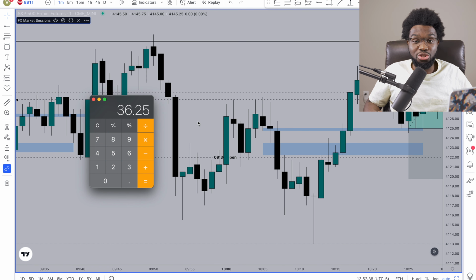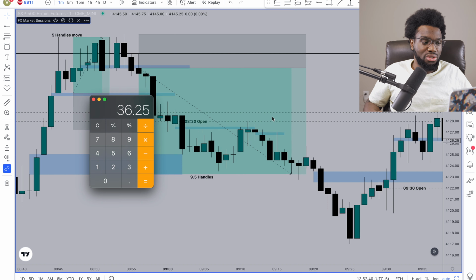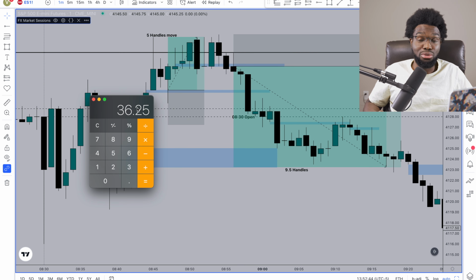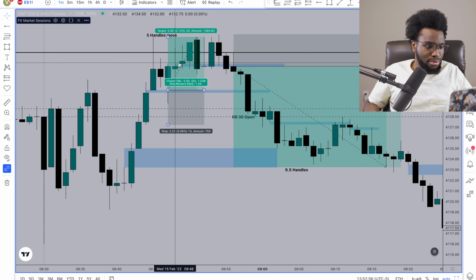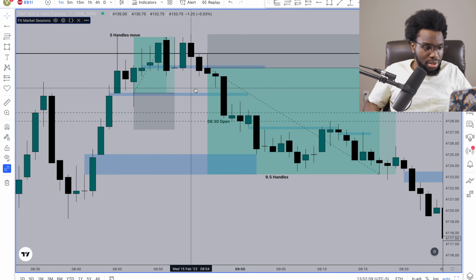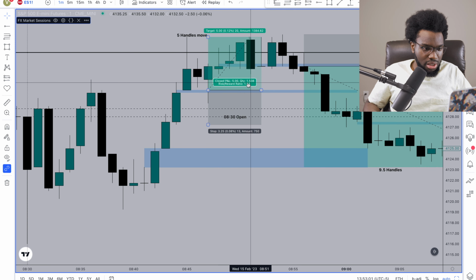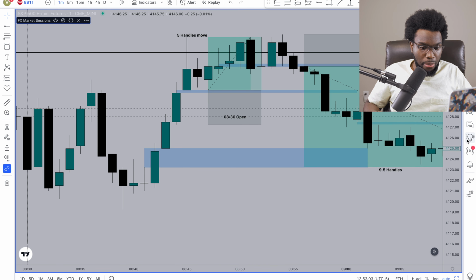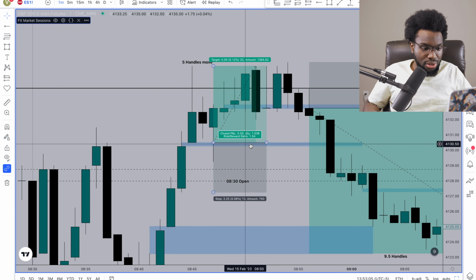But you want to know the risk to reward ratio, because 36.5, what are you risking to get 36.5? If you're risking 2 pips to get 36.5, that's not bad. But if you're risking like 60 pips to get 36.5, that is not good. So we are going to do this where we have this first one. I'll zoom in a little bit. This first one is, you have